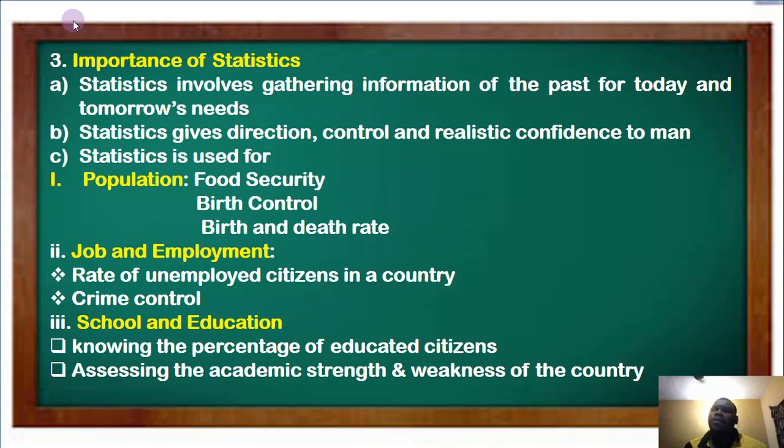So for example, now every hospital, we always have information about people that give birth in their hospital and people that died. So statistics is what that information is used for. As a result of those kinds of information, they will know maybe there's an increase in death rate or increase in birth rate. Job and employment, statistics can be used